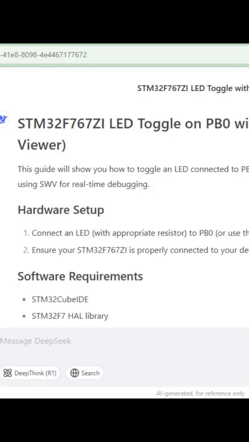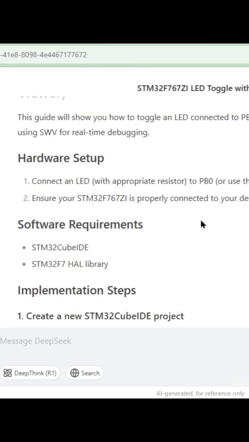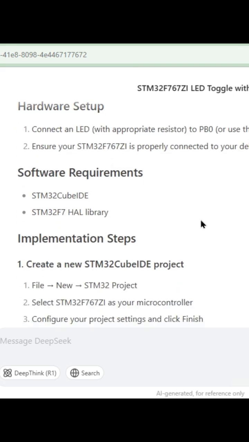Hello everyone, this guide will show you how to toggle an LED connected to PB0. I am using the STM32 F767ZI microcontroller board, and I will show you the serial wire viewer for real-time debugging. So, hardware setting: this on-board LED is already connected to PB0, and my USB is properly connected for ST-Link